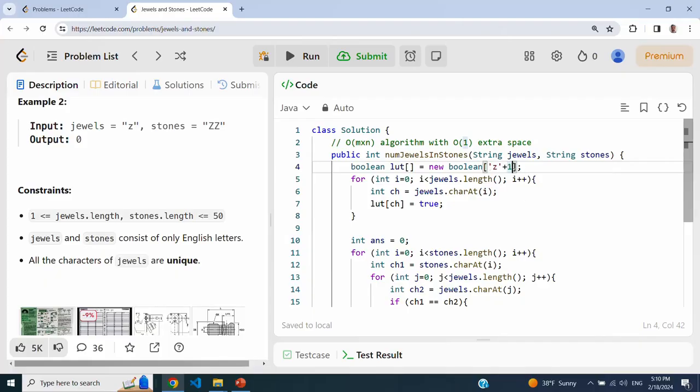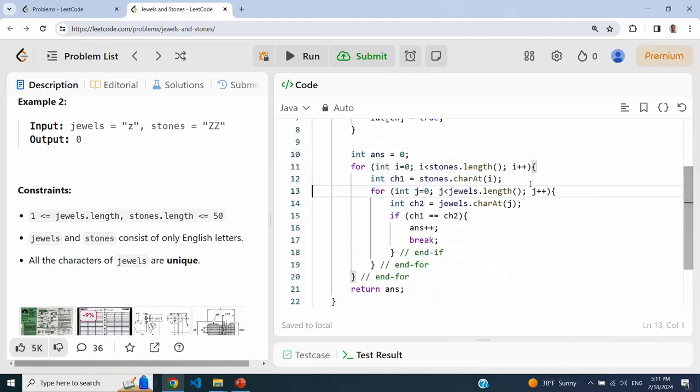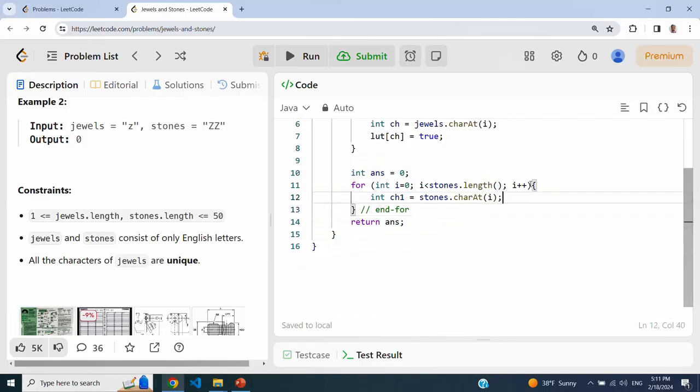So it has 118 cells in this array. All of them are false in the beginning, meaning that none of the characters exist in the jewels. But if the character exists in the jewels, I'm just marking it as true. So this lookup table is going to help me determine whether this character in the stones is also